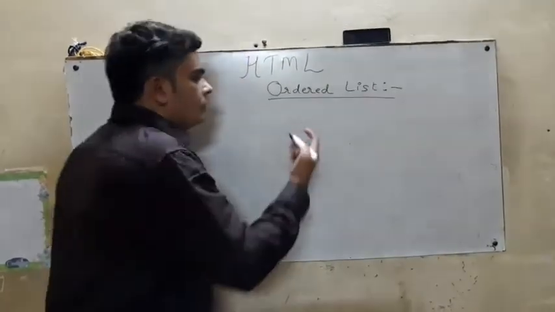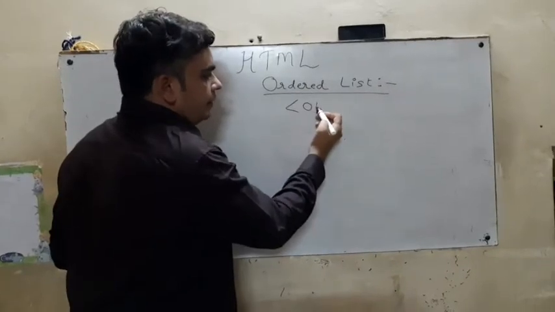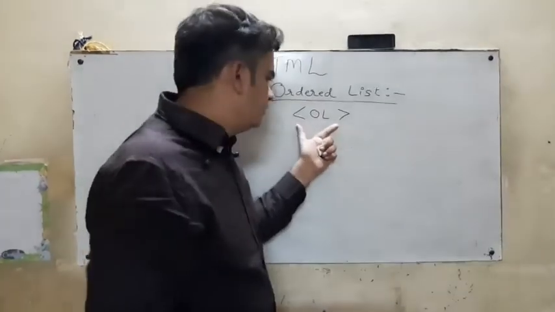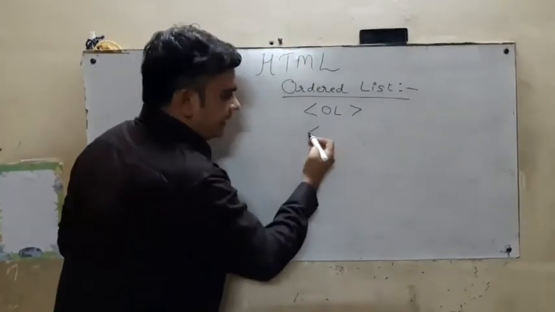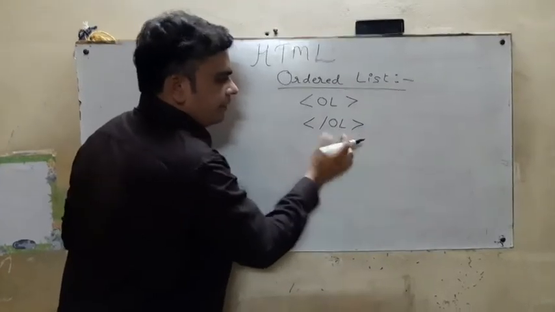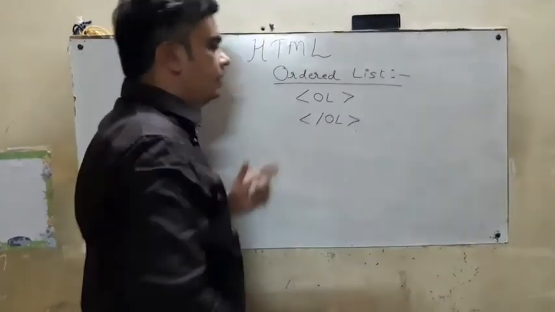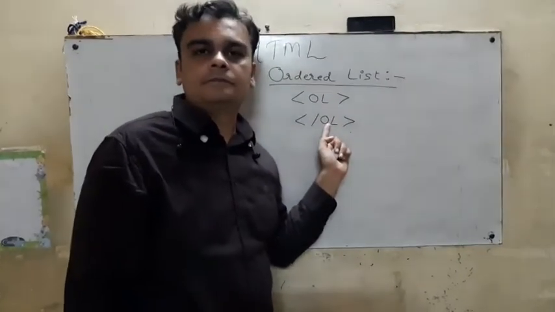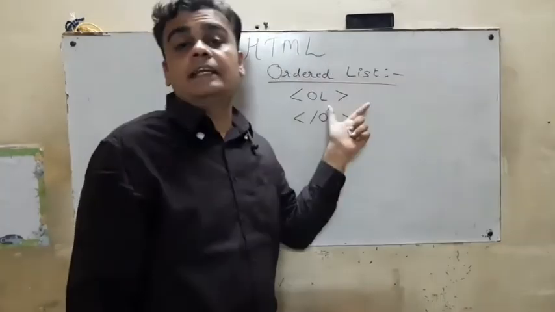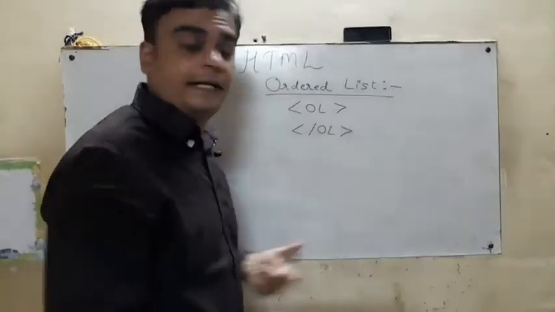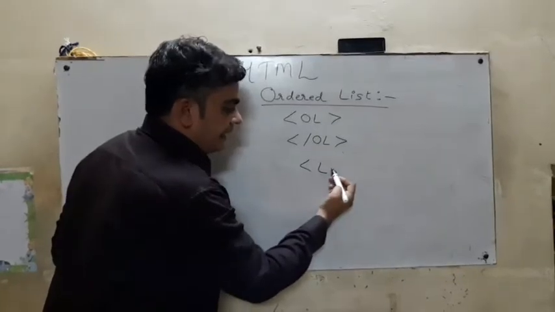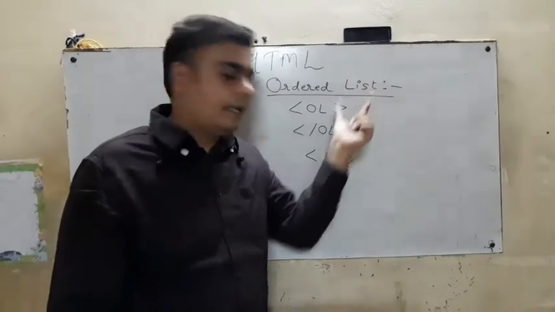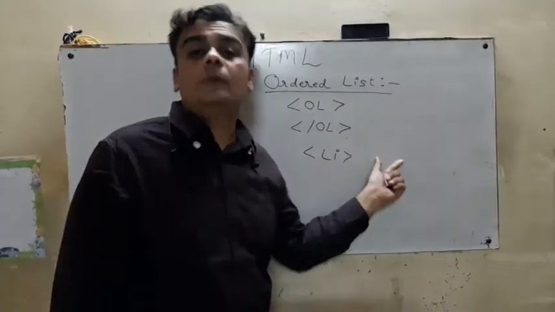Generally in HTML, an ordered list is represented by the OL tag, and it is also a pair tag, so that's why its ending tag is /OL, which we call the companion tag, and the information must be present in between the OL tag and the /OL tag. To represent the various list elements, it uses one supporting tag, and the name of that tag is the LI tag. This LI tag represents list elements, and generally LI is a singular tag.